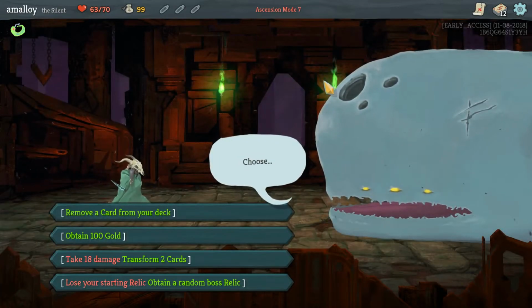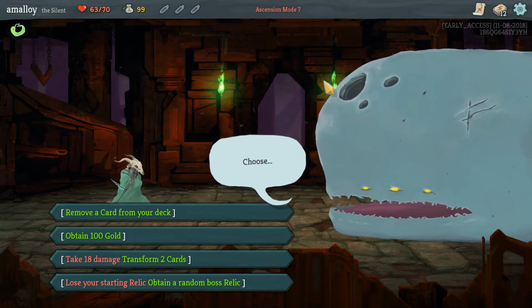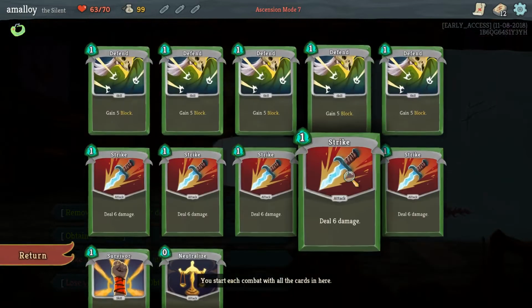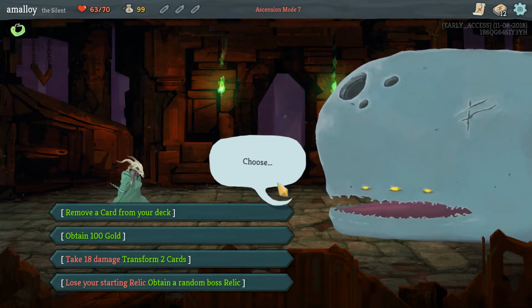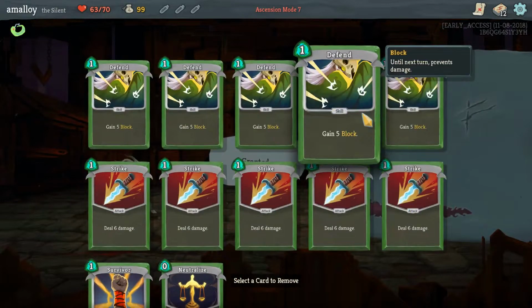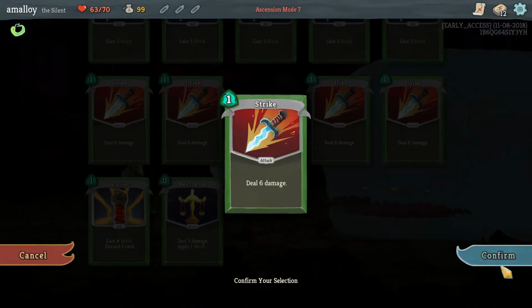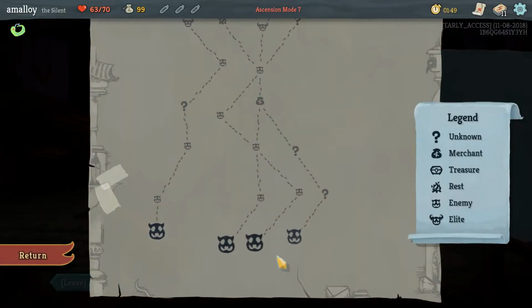Removing cards is pretty good as the Silent, I think, because you get so many cards to start with. I'm always a fan of randomness. Yeah, I know, I'm a terrible person. I'm just gonna remove the card. Thin decks are great, so get out of here. Strike. And we said we were starting...